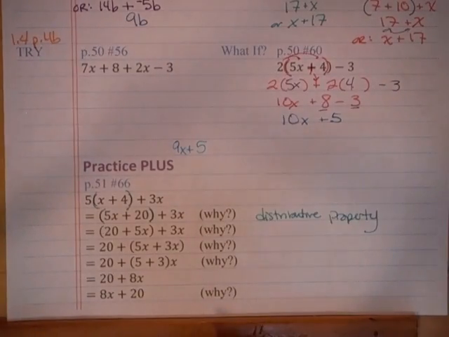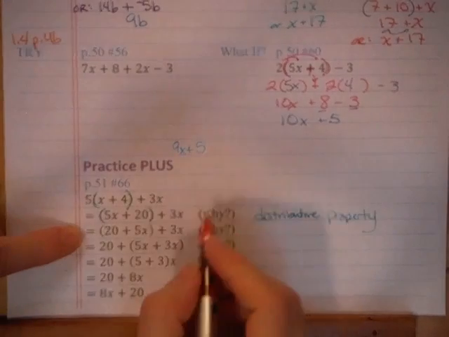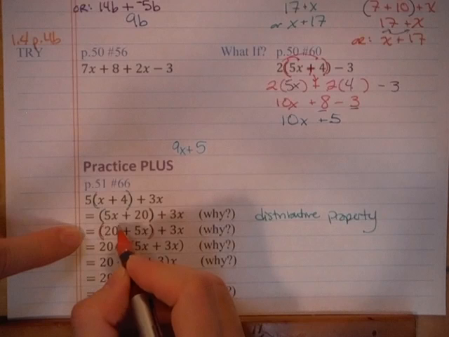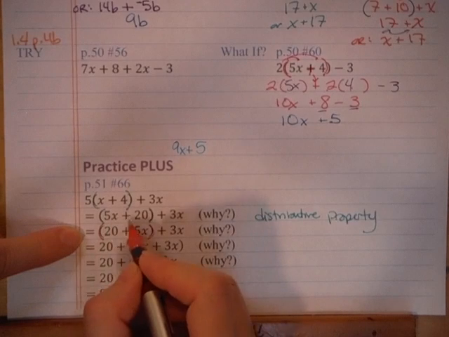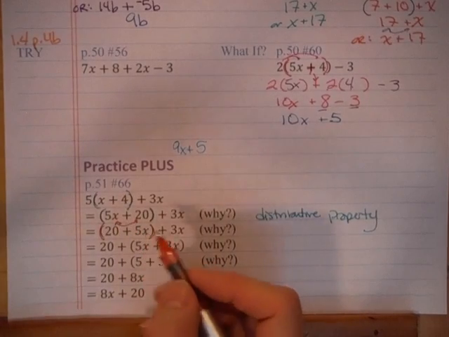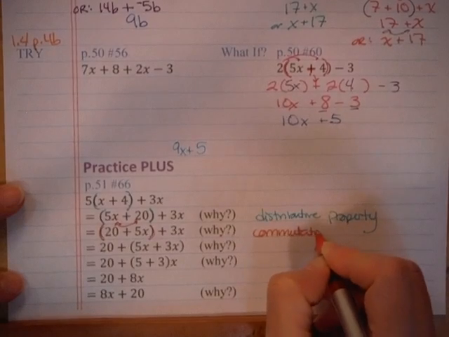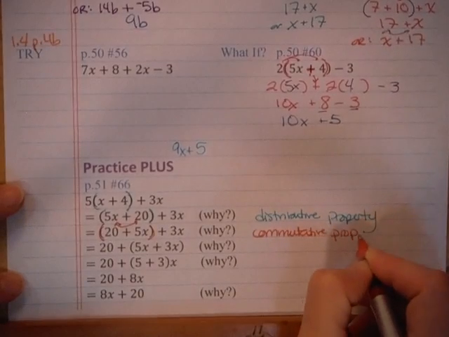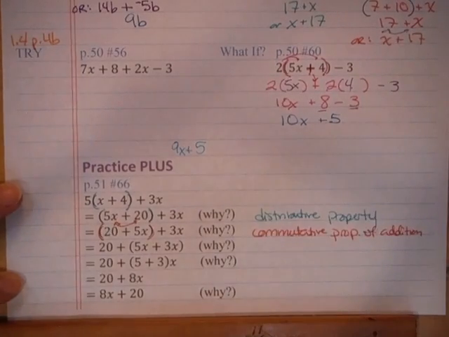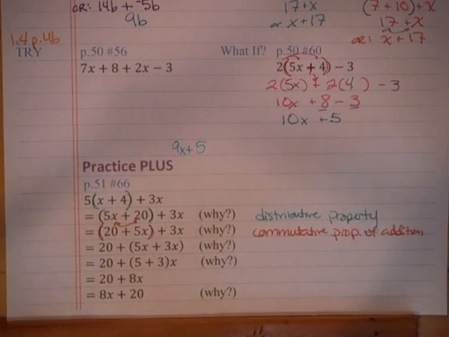Okay. And then from this line to this next line, what's different? Well, again, the plus 3x is the same. The parentheses are still here. It's just that now, instead of 5x plus 20, it's 20 plus 5x. So these got switched around. And what allows us to switch around? Well, the commutative property of addition. Next